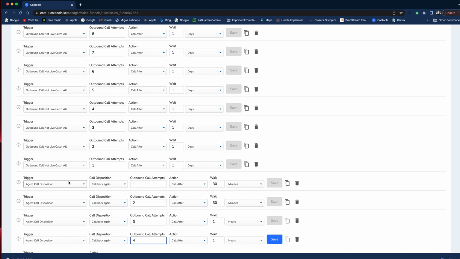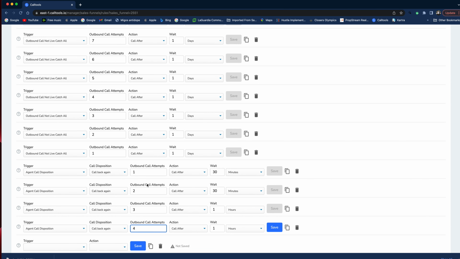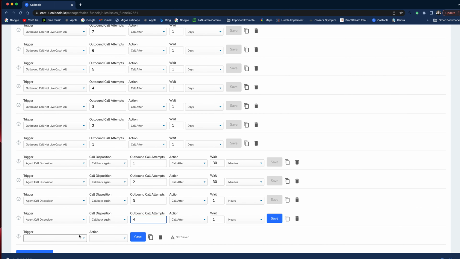So you can't do agent call disposition, call back, 4th call, because the rule is not going to work, because it still needs your first call, the second call, the third call, and the 4th call. Hope that makes sense. You need to have it in order from 1 to 2 to 3 to 4, depending how many times you want to do it. You can't just make it and then put 4 without having the first, second, or third, because the system is gonna ignore that rule and it's not gonna count. So 1 day,